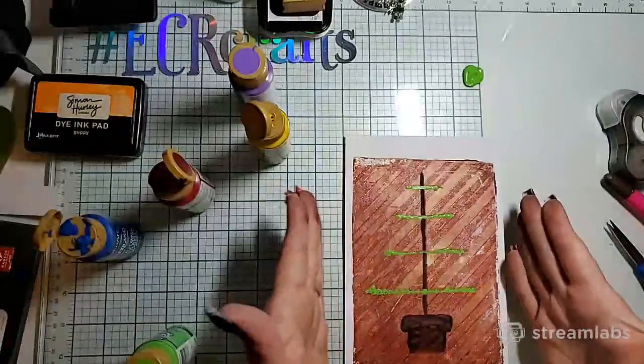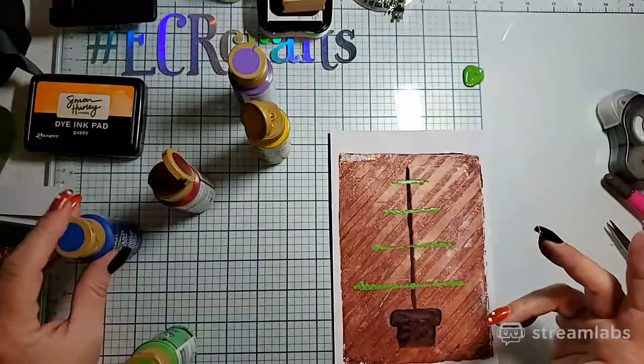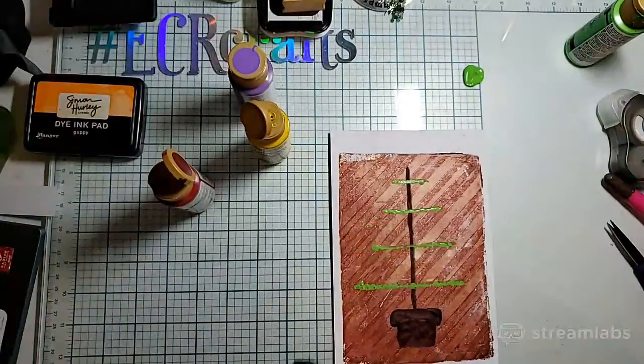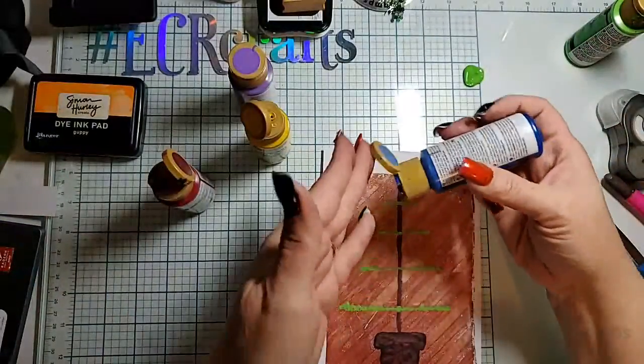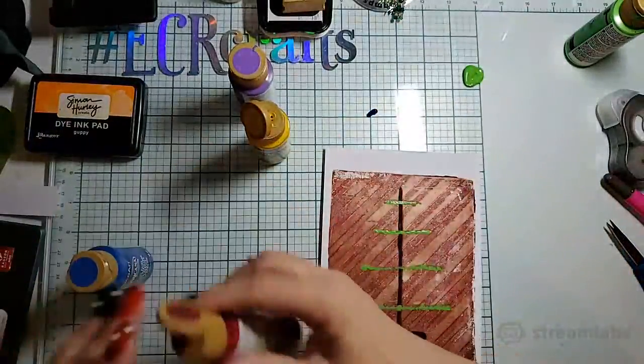Okay, so that's it. That's all you need to do your tree. And then what you're going to do is you're going to pick your colors, okay? Your baubles. Your little...